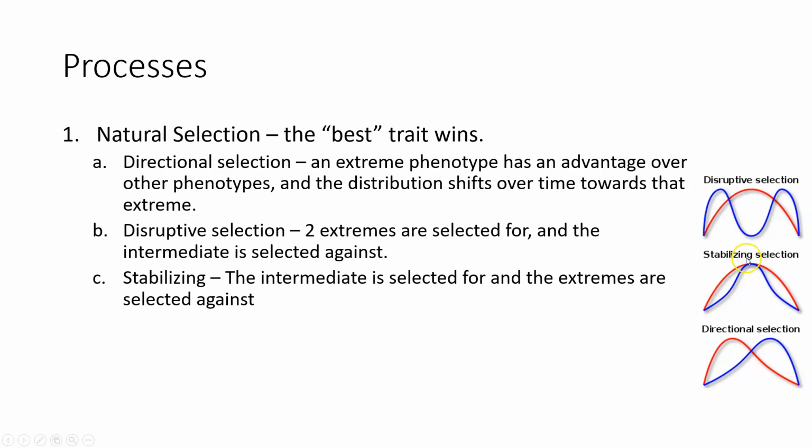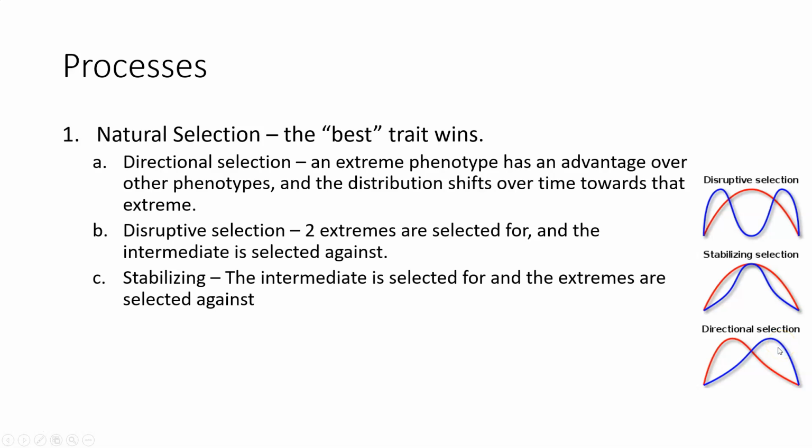If stabilizing selection were in play instead, the really tall and the really short people would be weeded out, and we would shift more towards the midline. We would stabilize the population towards that midline. Directional selection, the red line, really should have been the same as it was before. So again, we've got really tall people, really short people, and then medium-heighted people. In directional selection, what happens is, in this particular case, tall people are making more babies than anybody else